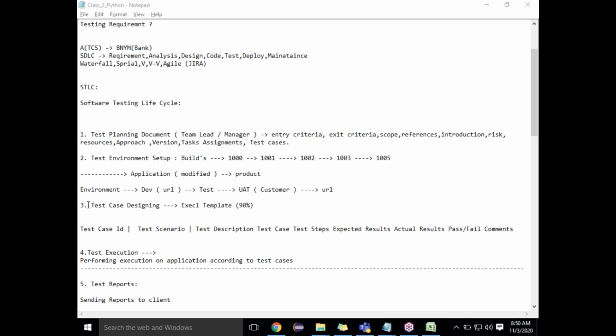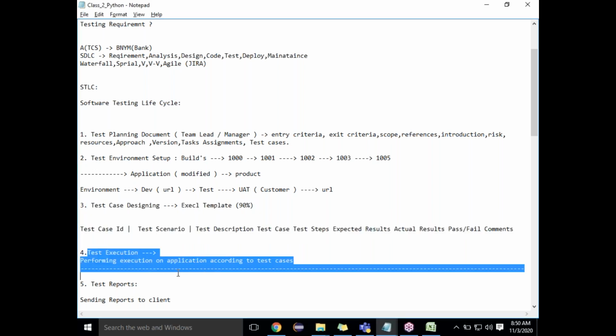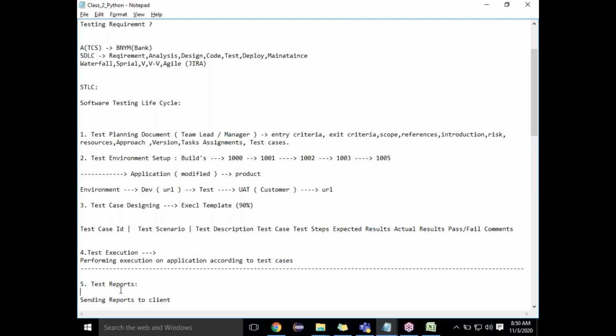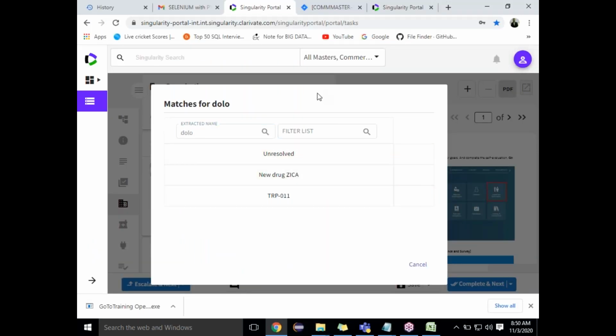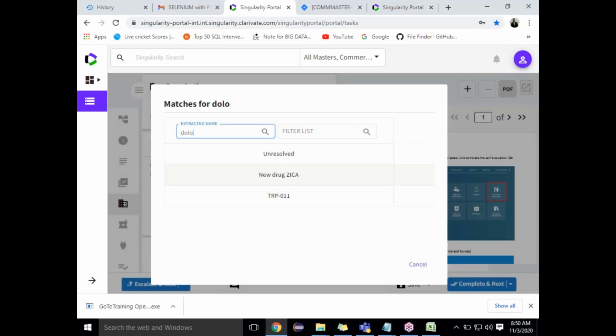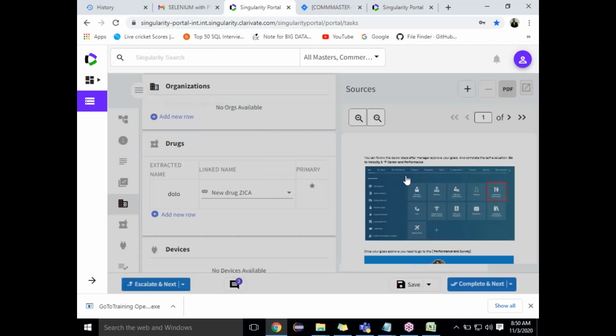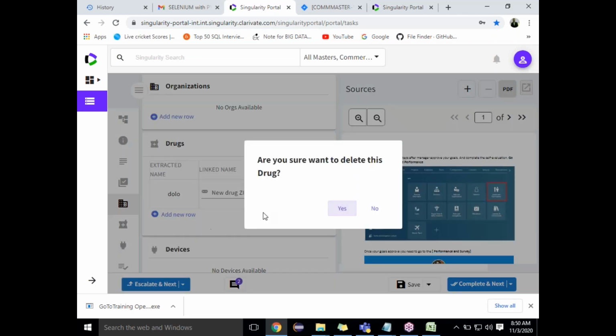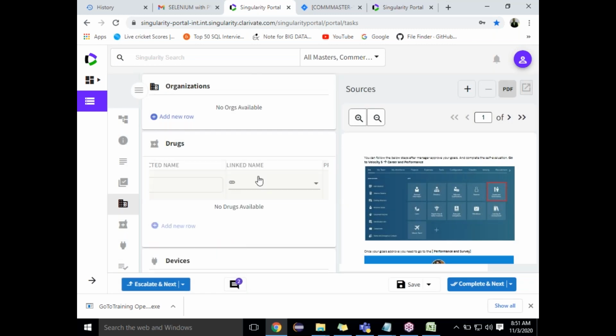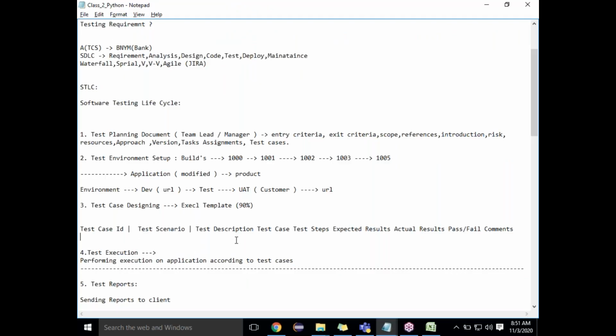After you write the test cases, the last step is called test execution, and after that, test reports. Test execution is a step where you execute the steps end to end as per the test cases or as per the requirement. You manually test that application. Suppose they say, go here and click on it. You will do all positive and negative testing. Go and resolve, is it resolving or not? Why is it not taking? If I double click, it is coming. If I'm canceling, is it canceling or not? Whether I'm able to add new data or not. All these things will be done in the execution.